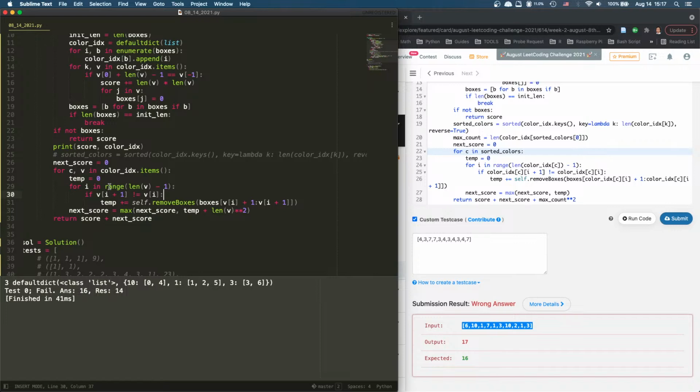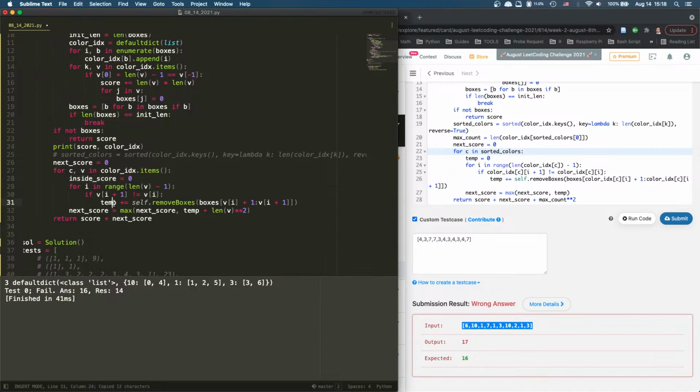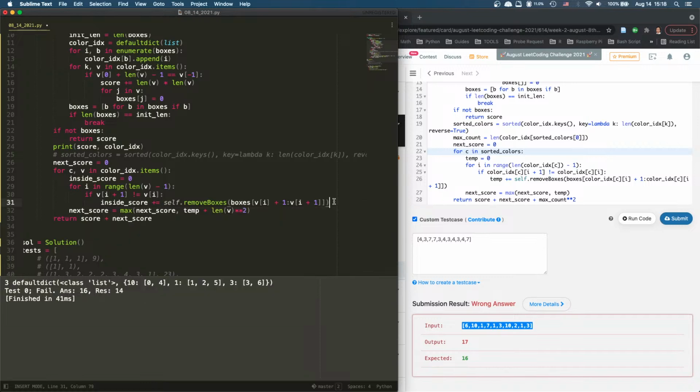So this is for a single color, right? For a single color, we're picking things out from the color itself, and then after we pick that out, we have the temp score. The temp score is... let's not call it temp. I'm gonna say that's the inside. Let's call it inside score. It's not temp, it's inside score. So we compute the inside score. After we compute the inside score,